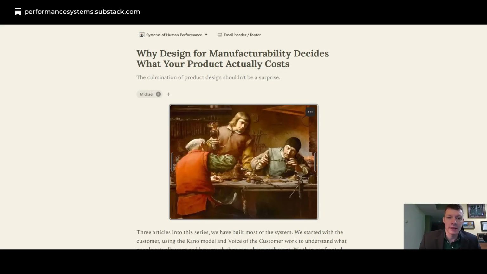What we have today is something called Design for Manufacturability, and this is the fourth part in the series on product development and design. Right off the bat, the idea of design for manufacturability sounds pretty intimidating. It sounds pretty technical and pretty wordy. And in fact, what we'll see in this article is some of the things actually are a little technical, but